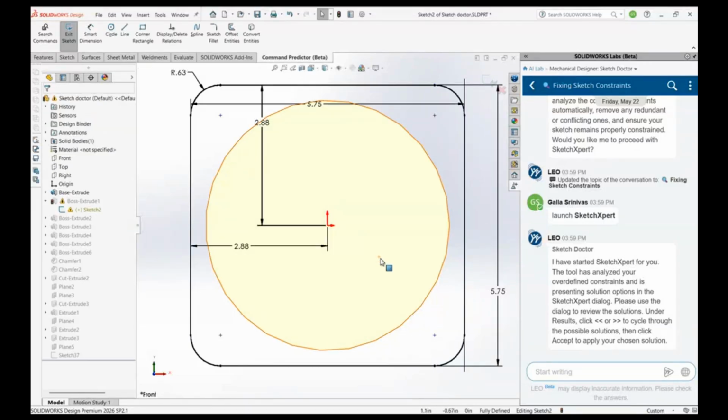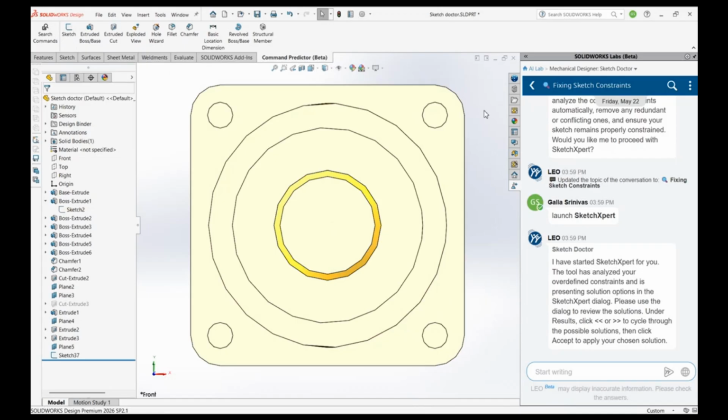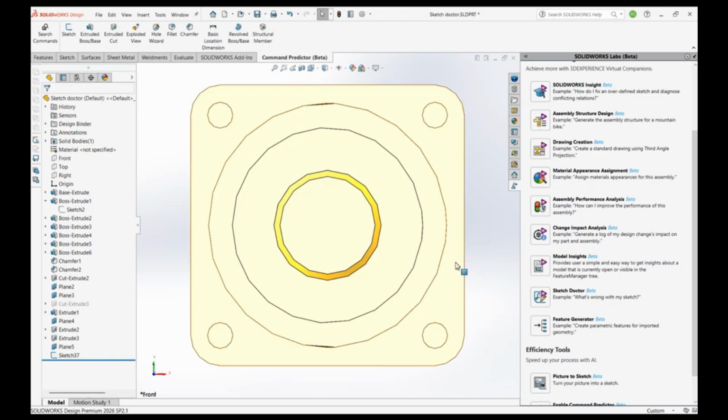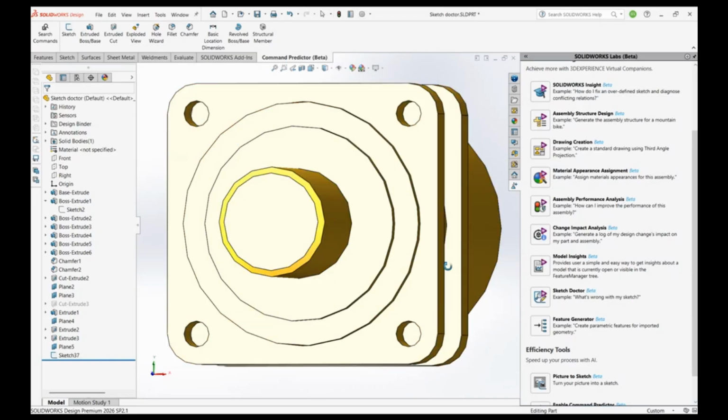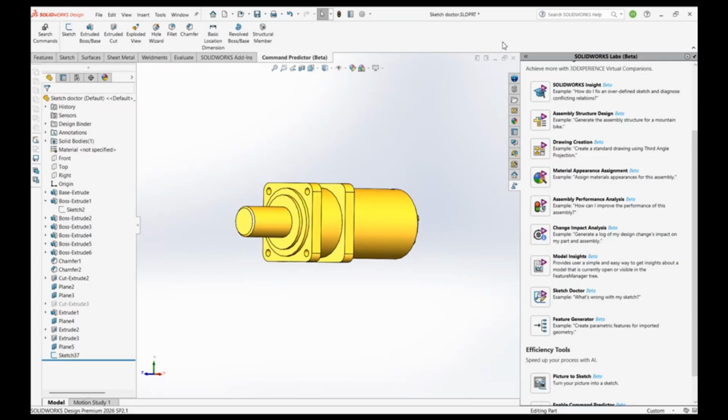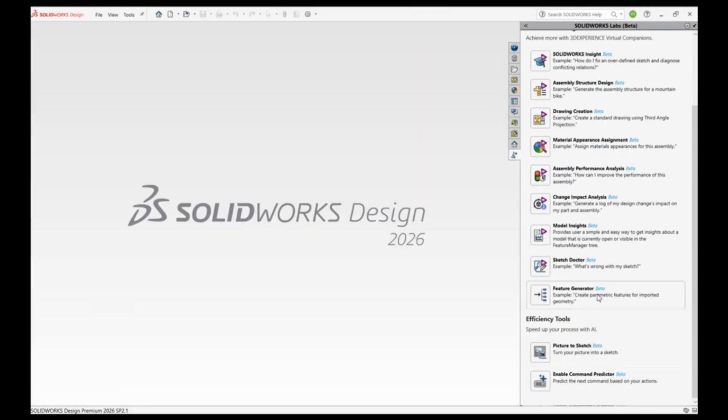So this is interlinked with the first version, the what's wrong analysis. In the what's wrong analysis, you only identify where we have the problem. When coming to Sketch Doctor, if the problem is related to it, Sketch Doctor will resolve the issue for us. So there is a complete interlink between the first AI method and this one, Sketch Doctor. These two are interlinked and resolve your day-to-day queries very easily.